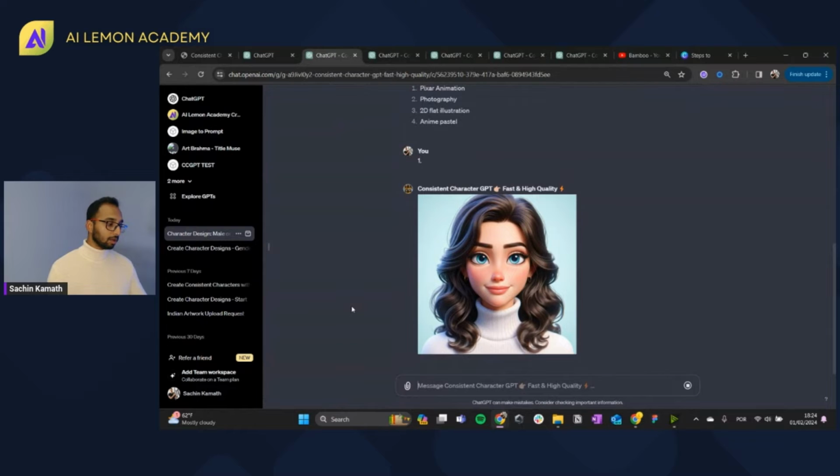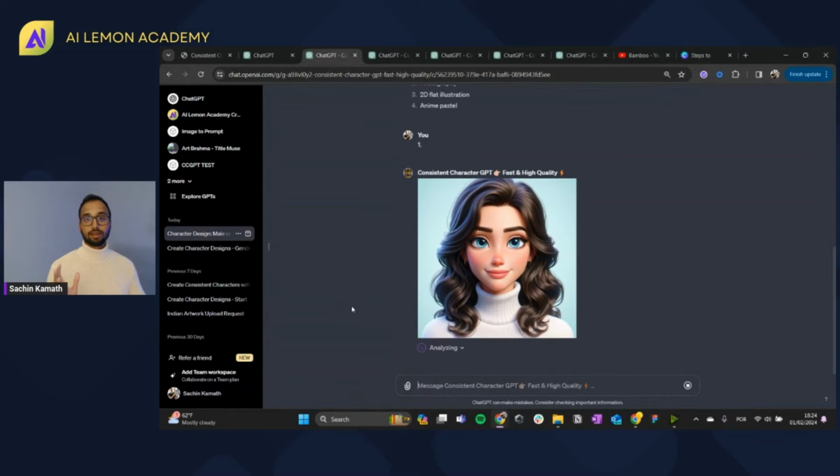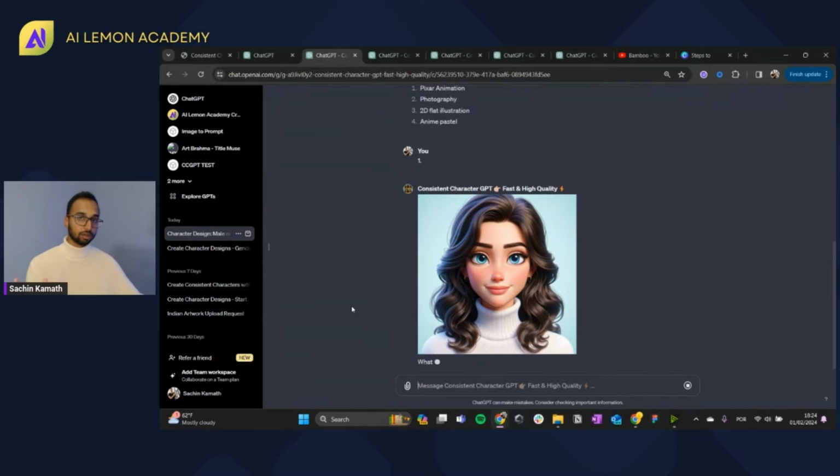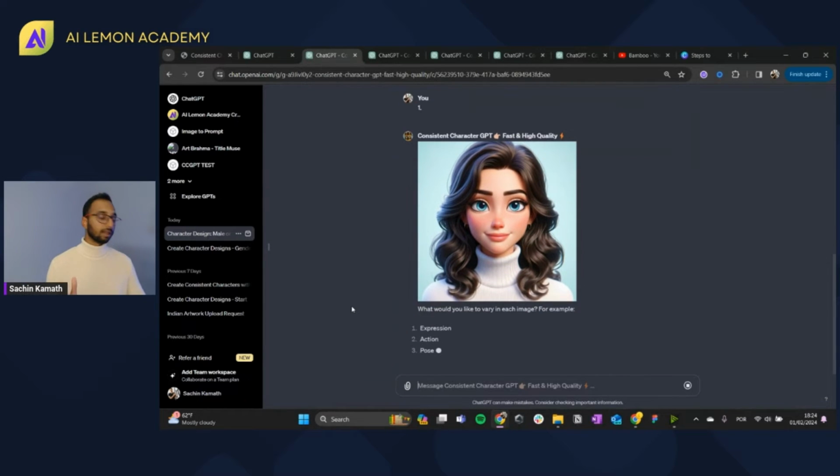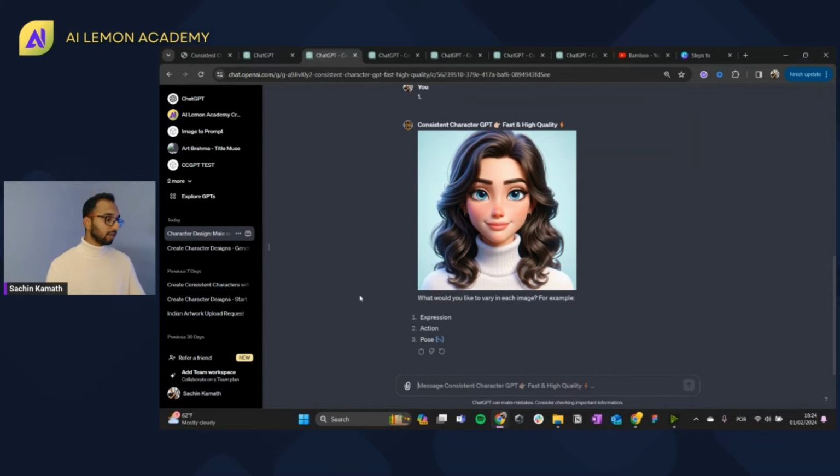So there you go. It has listened to my prompts very, very well, right? This is pretty tricky sometimes in Midjourney. I think Midjourney V6 is great at this already. But take for example, I said hair with curly ends, dark hair, and it has listened to my prompt very well. White turtleneck sweater, blue eyes, pretty cool, right? It has listened to everything very well.